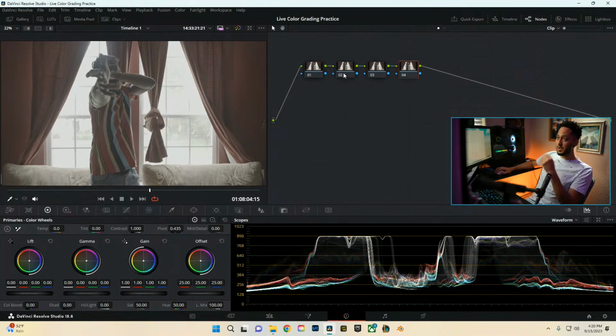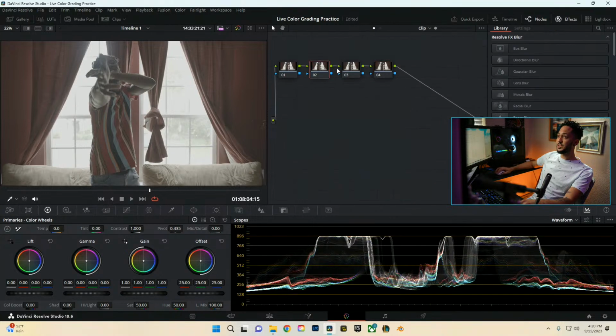So first things first, what I like to do, a couple different ways, like I said before in another live, is color management. You can do this a couple different ways. First, we'll do this at the last node here. So we'll come in here and type in transform,